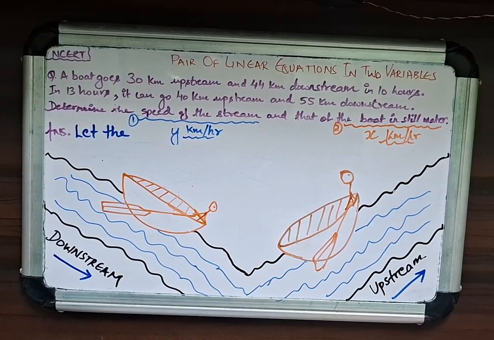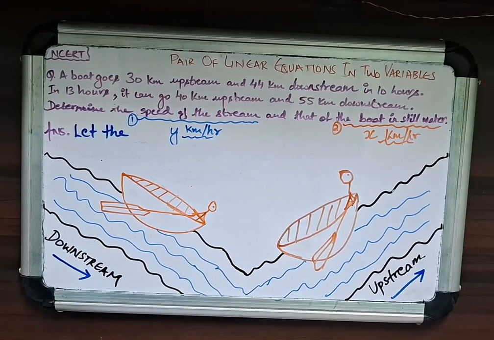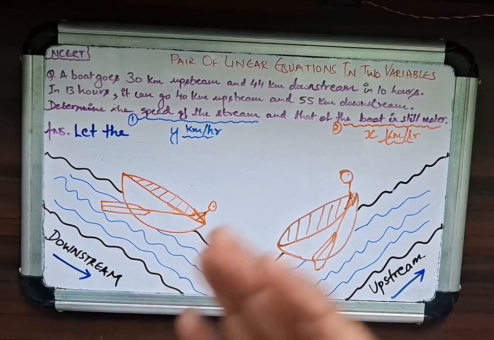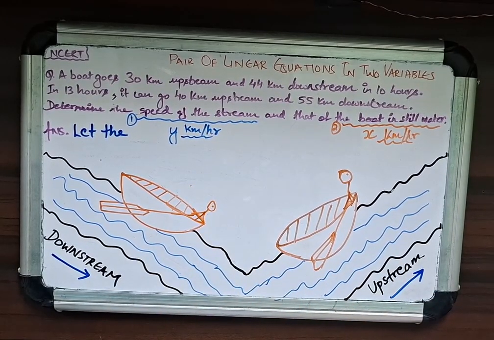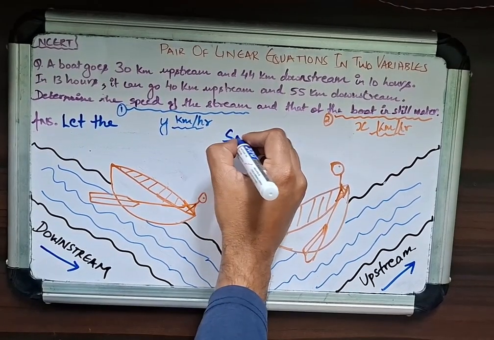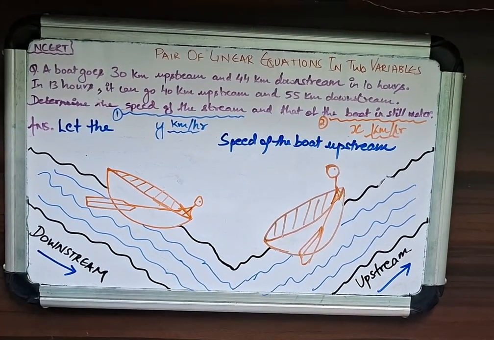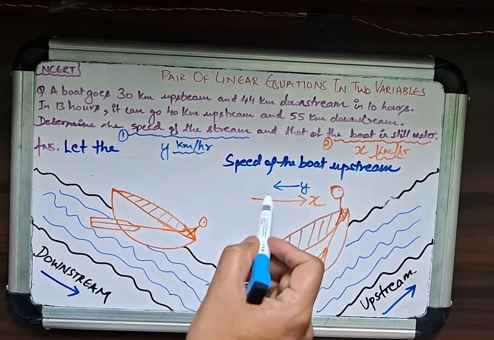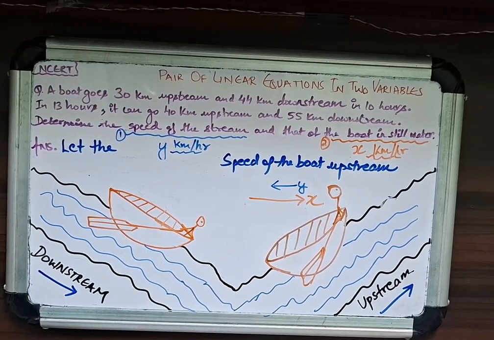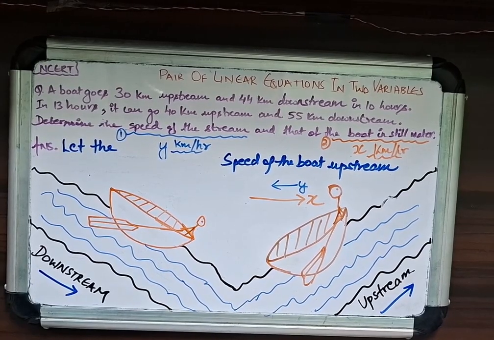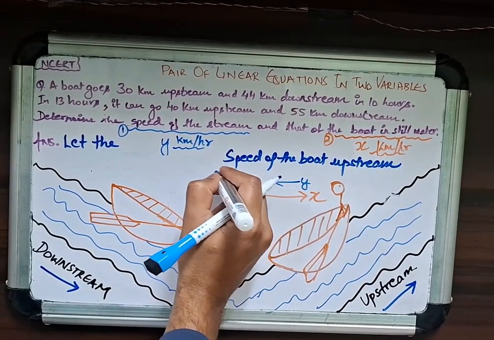Whereas when you were moving downstream, the speed of the stream was helping you move forward, when you're moving upstream, the speed of the stream is slowing you down. Since the boat is going against the stream, in the opposite direction, the effective speed of the boat upstream will be x minus y